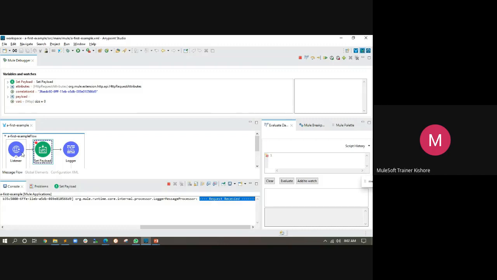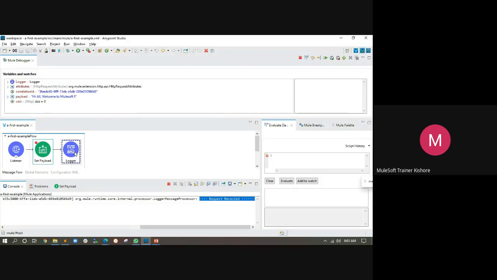When you call an HTTP listener, whatever the value is at the end of your process, among attributes, correlation ID, and payload, it is about the payload. Whatever value is available in the payload will get returned to your browser. For the time being, the value is "Hi all, welcome to MuleSoft."